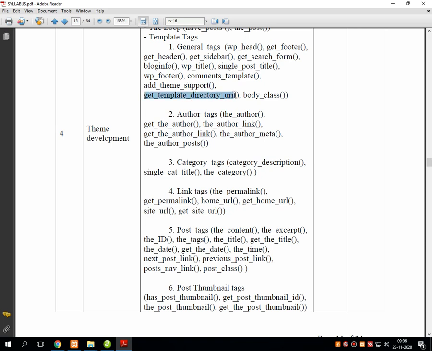Next is get_template_directory_uri. A very long WordPress hook name is given here, but it contains a very short functionality. This function will retrieve the current working directory of WordPress in which the entire WordPress is installed.